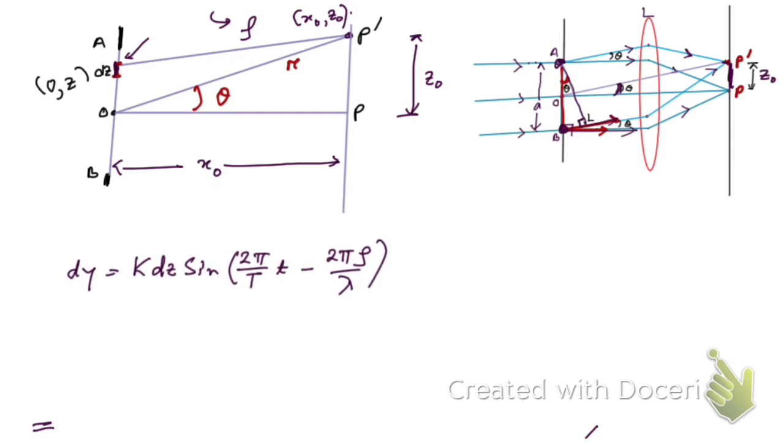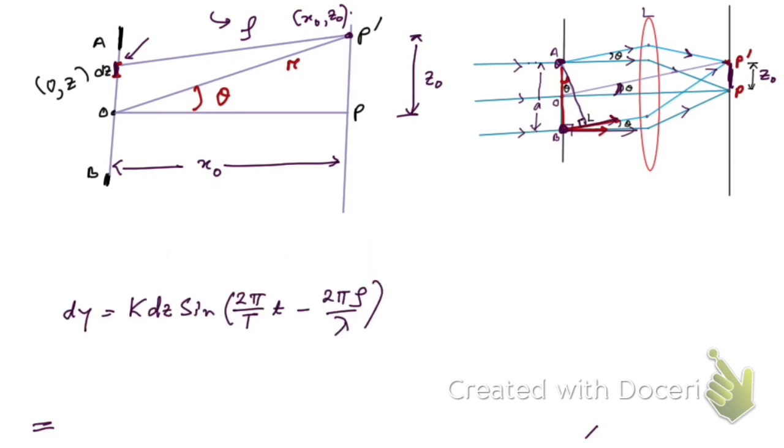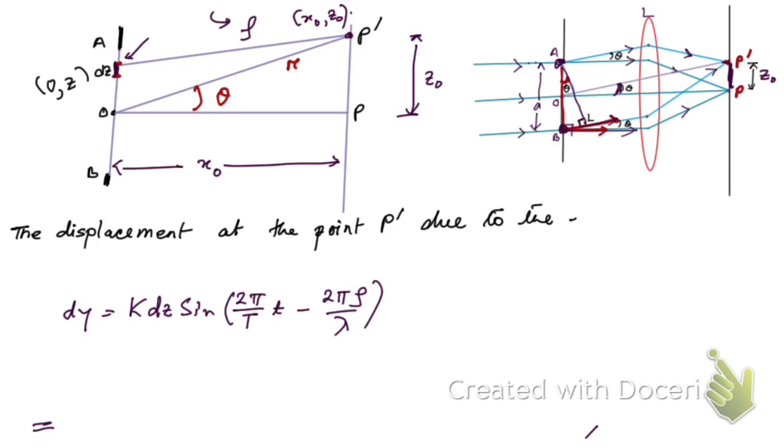This is nothing but the displacement at the point p dash due to the element dz at any instant t, is given by